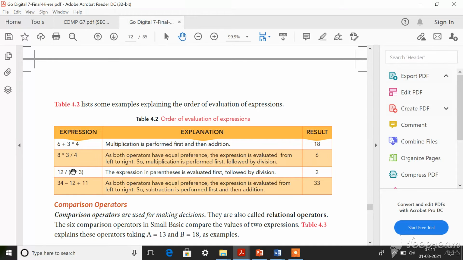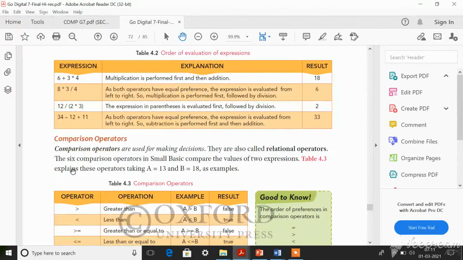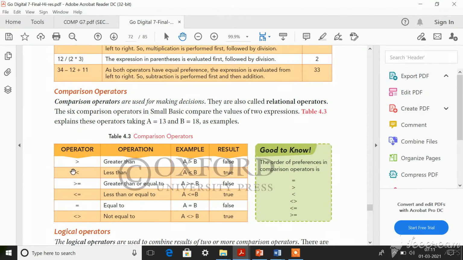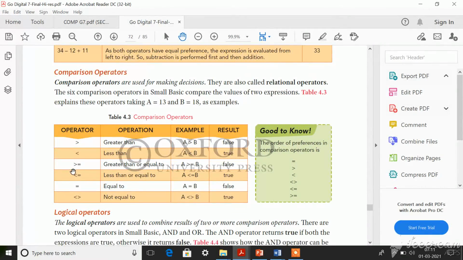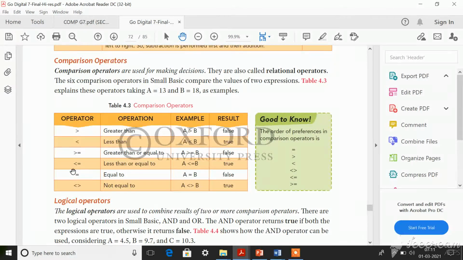You understood? So that is what it means. Next thing is the comparison operator. The comparison operator is for making some decisions. From the name you can find that it is used to compare two things. So whenever you want to compare two things, you can use these comparison operators.